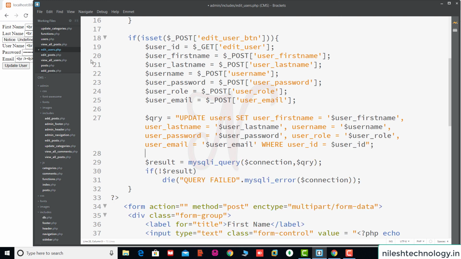Okay, so we close this query. So here by using this MySQL query we execute this query. Okay, so save these changes and we test this query here.